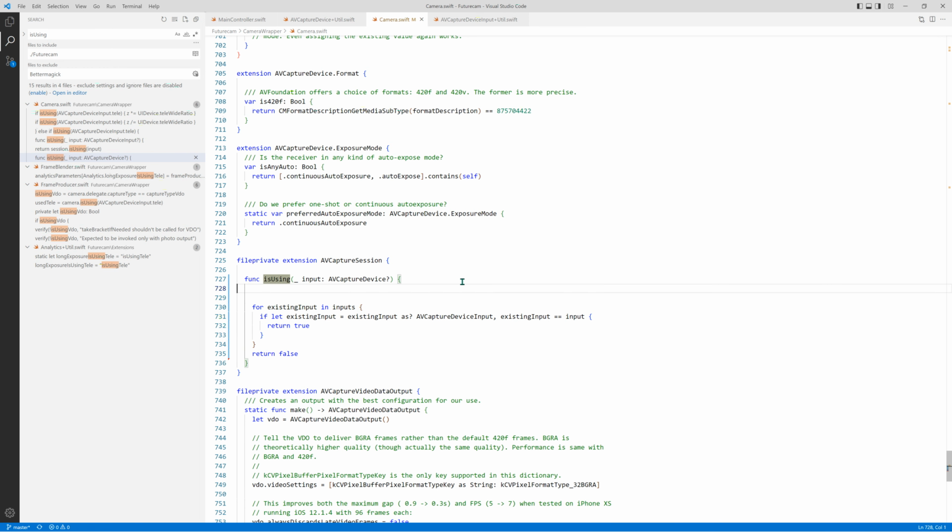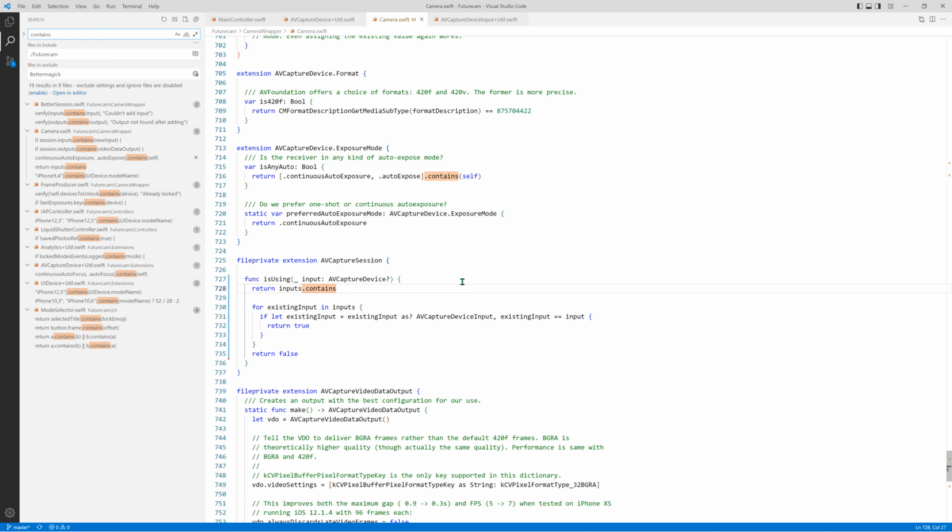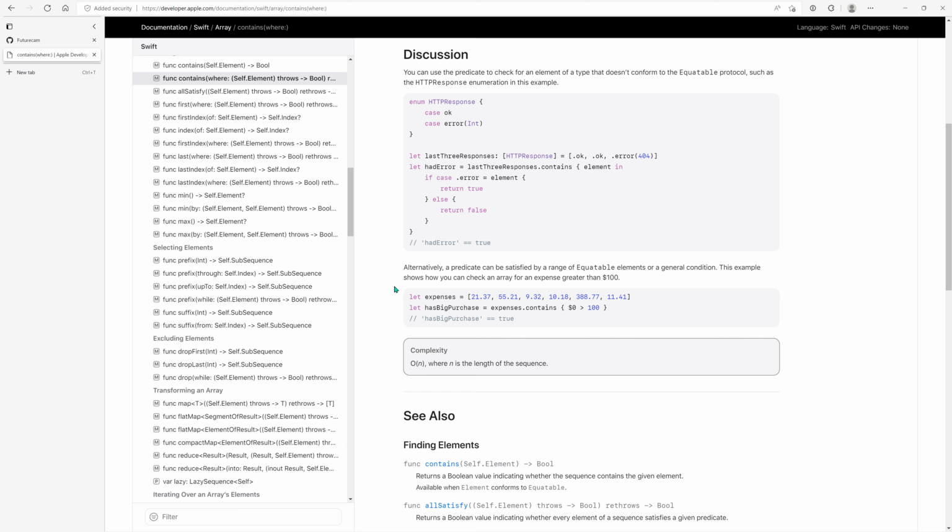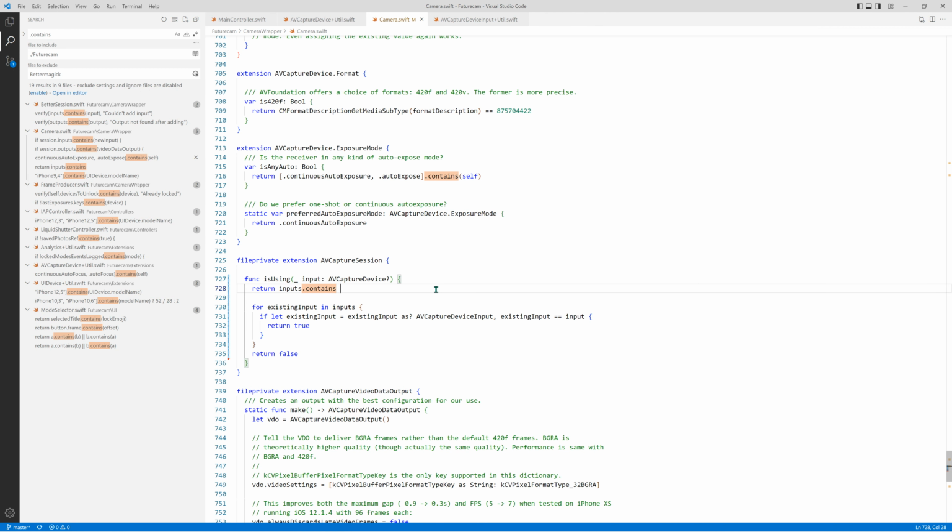Let's see if we can write it as a higher order function. Return inputs dot contains. I think I do use it somewhere. No, I don't. Okay, never mind. Inputs dot contains, $0 is the variable,